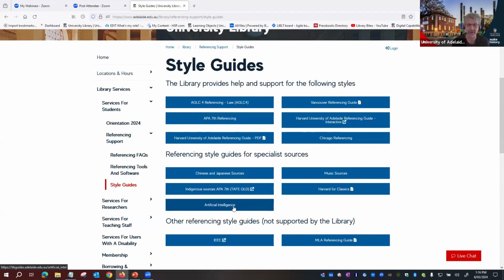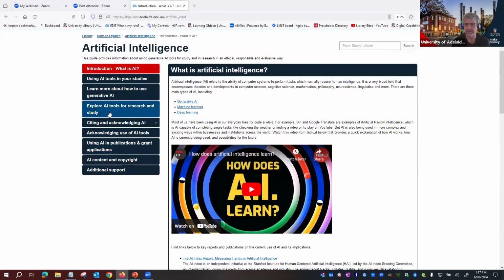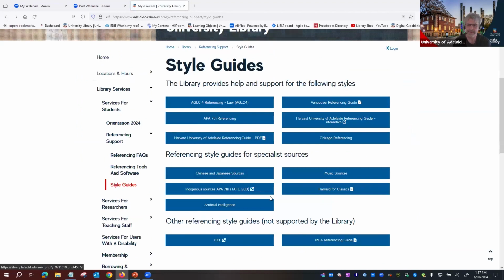But there are strict recommendations that you'll need to follow if you are using artificial intelligence technology in any way in your study. If you click on that guide there, there's a general guide to artificial intelligence, but there is also a guide to citing and acknowledging AI, and it goes through the recommendations for each of these main referencing styles. Okay,